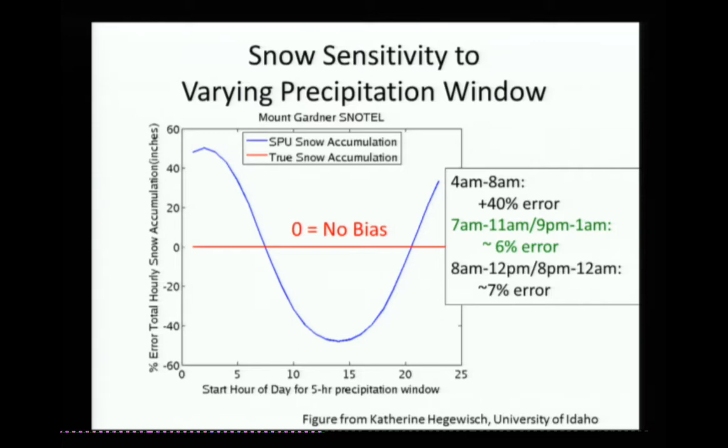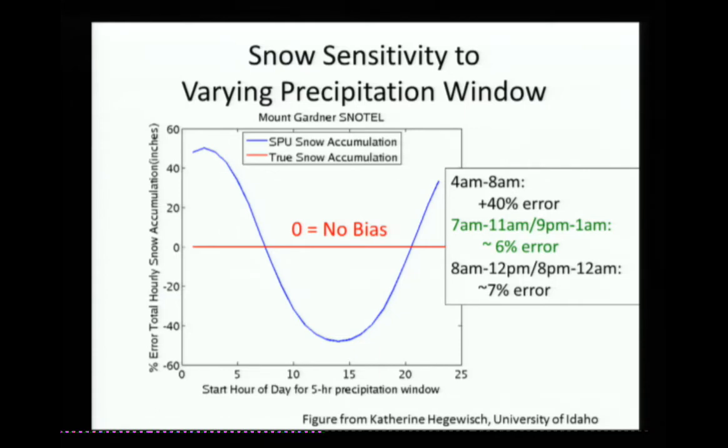So this prompted CERC to look into the sensitivity of snow to which 5-hour period this daily data was aggregated to the hourly. And this is an analysis that Catherine Hedgewich at University of Idaho did. She took hourly data from a SNOTEL station, and she used an empirical snow model to compute the amount of snow. And then she took that hourly data, aggregated it up to daily, and then disaggregated it